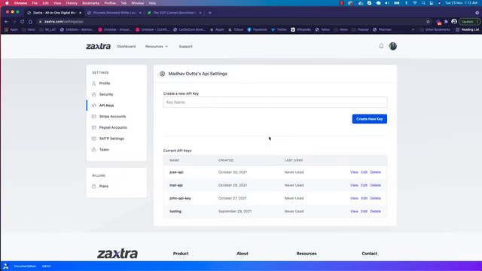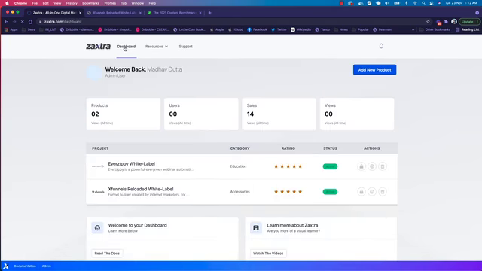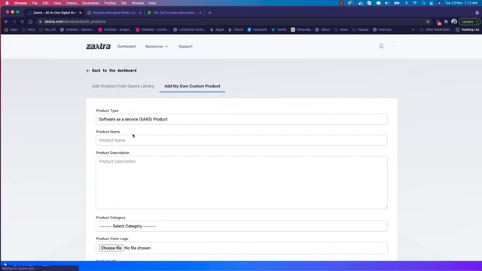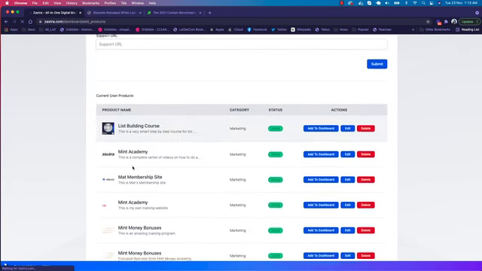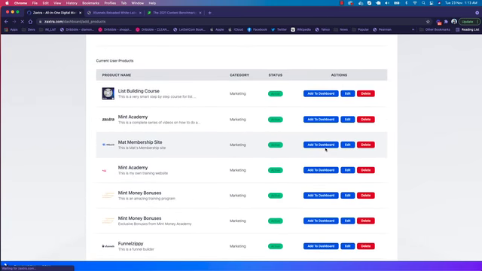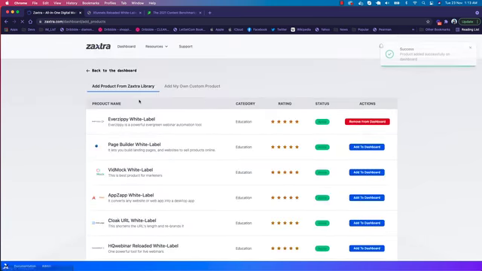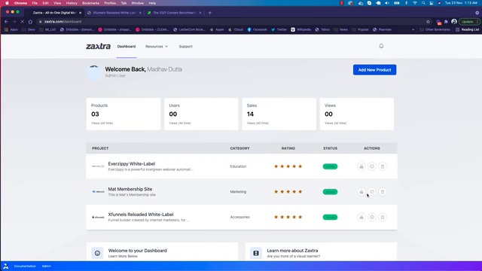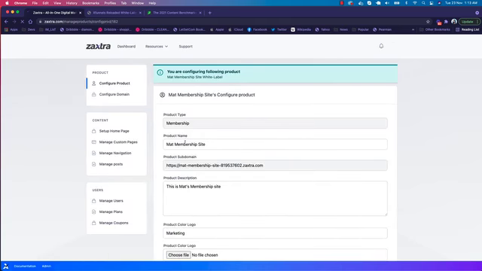So if you are looking for a solution where you can create your membership sites, your own downloadable products or lead magnets, you can use Zextra for all of it. You can create your membership site in just a few easy clicks. I have already created one website, let's say Mad membership site. Click on Add to Dashboard, and that's it. Now we are done. The membership site has been added to my account. You click on Access Seller dashboard, and now you can manage its dashboard from this page.